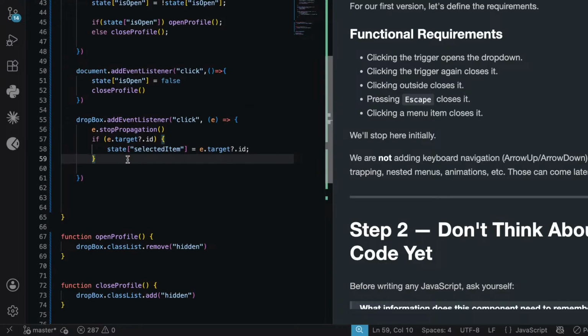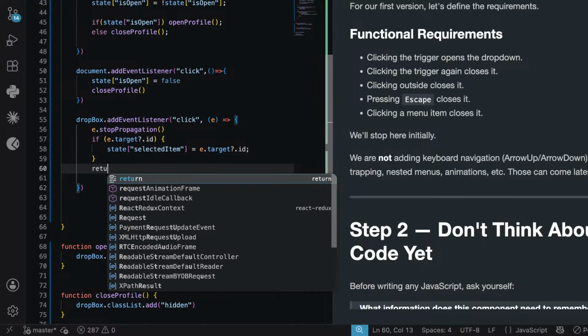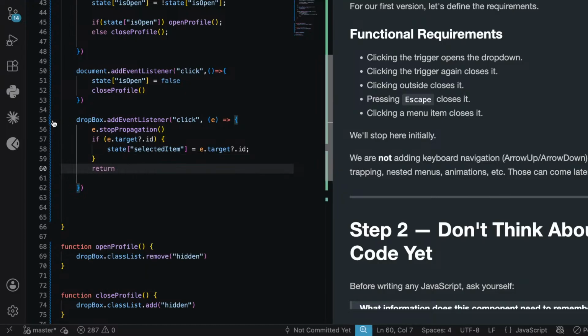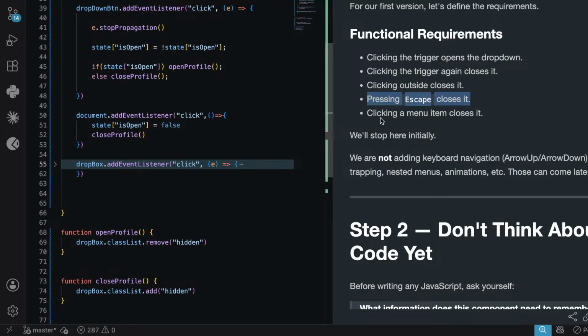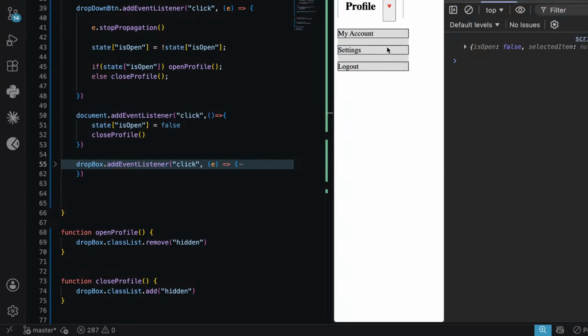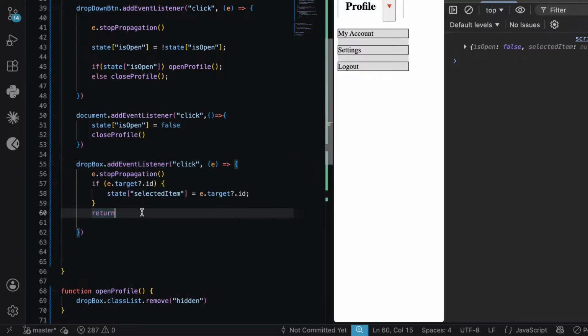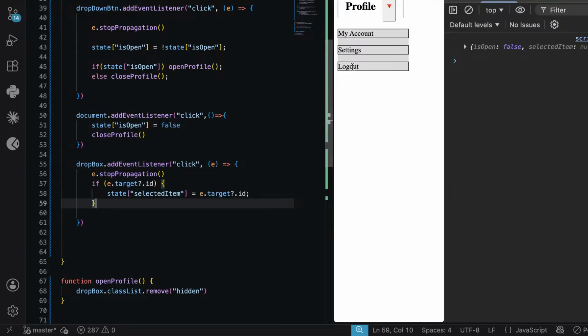If the drop down has no selected item, it will just return null. Okay, so we finished this thing. Open, and when triggered again, close it. Outside click closes it. Confirmed. Now we have the escape button. Clicking a menu item closes it. Okay, let's not have a return here. If it is click,